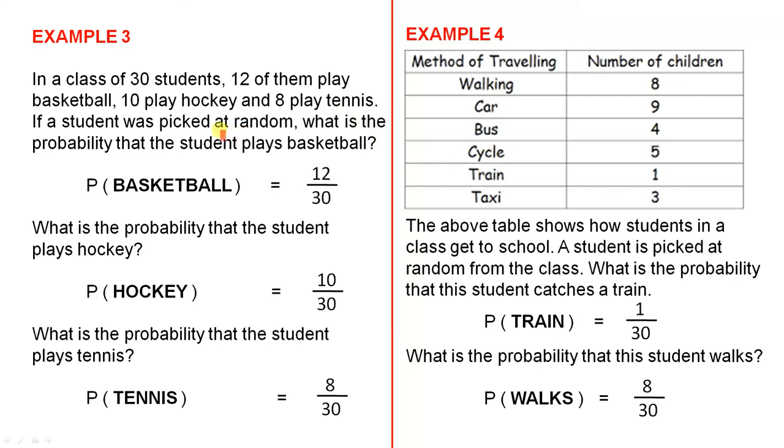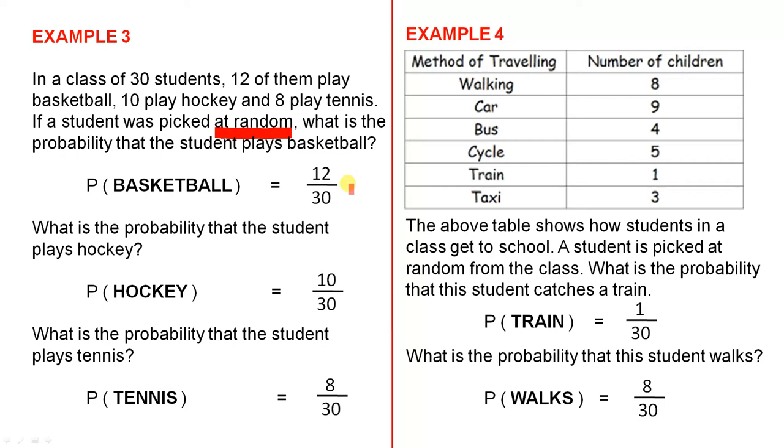Now it's very important to understand what it means when you say the student was picked at random. All that means is pretend that the 30 names were put in a box and the box was held up high and a person put their hand in and picked one name. They have no idea which name is coming out of the box. That's what it means when you say picking at random. You don't know who is being picked. It's all by chance. So the probability of picking a name